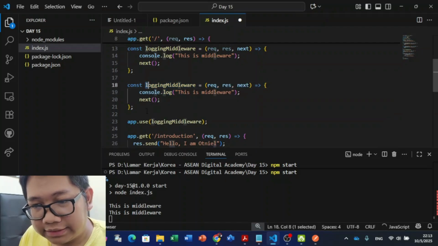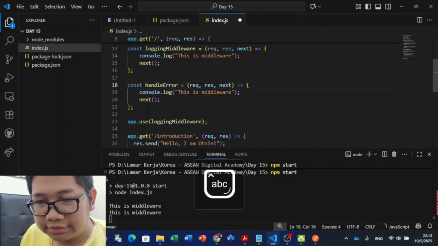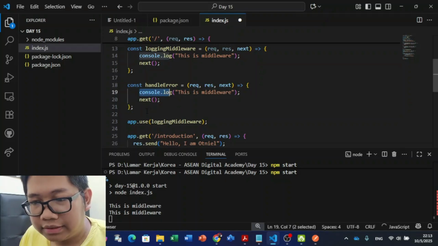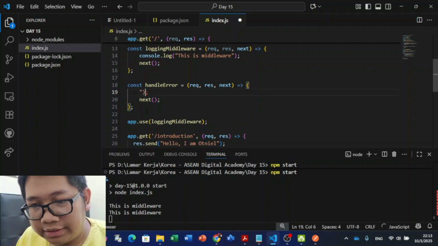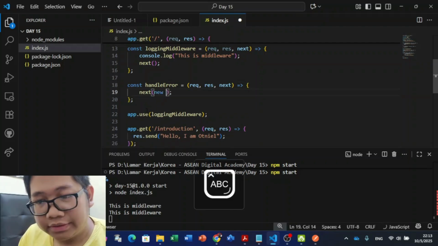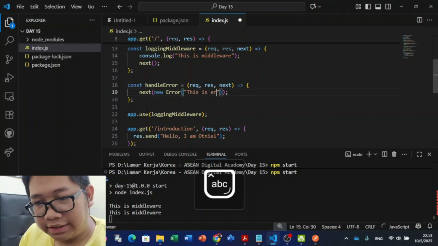We can just change it to handle error. And it will just throw new Error, and we can specify the message. This is error.